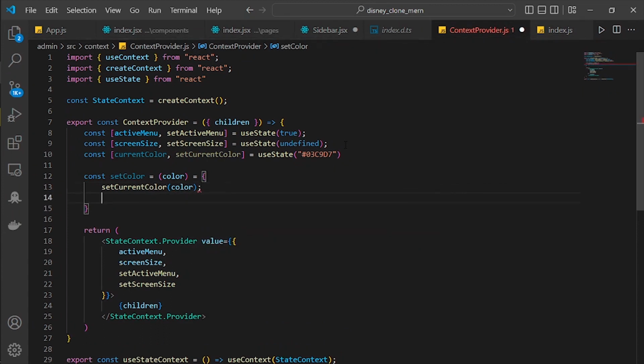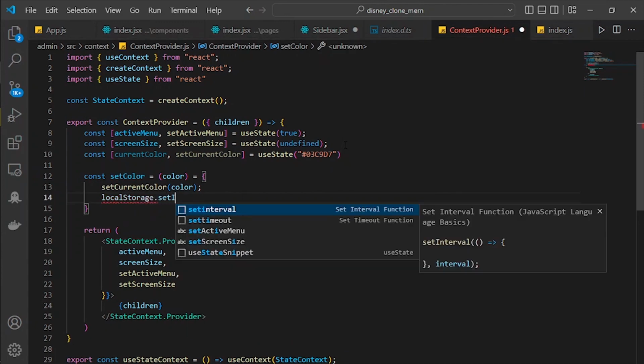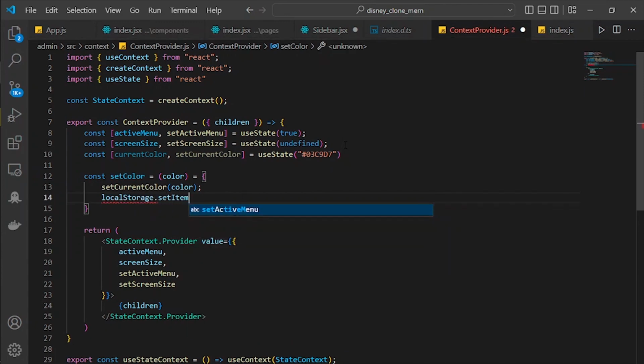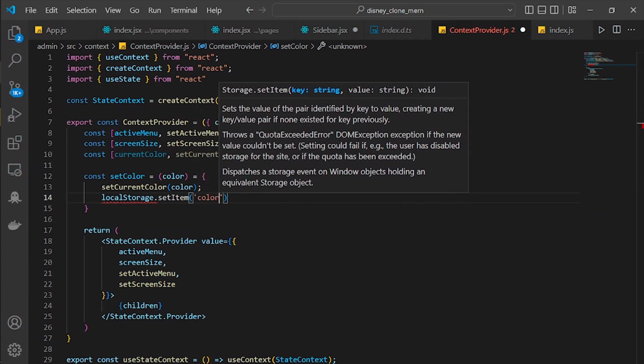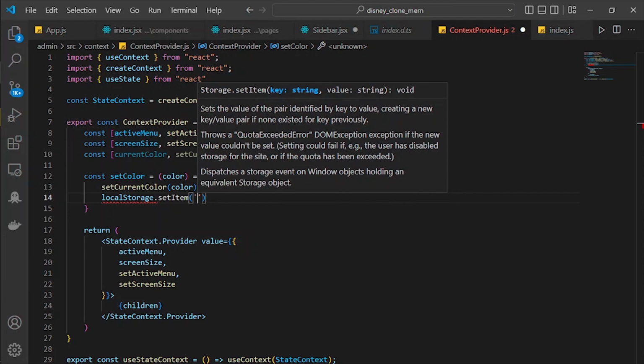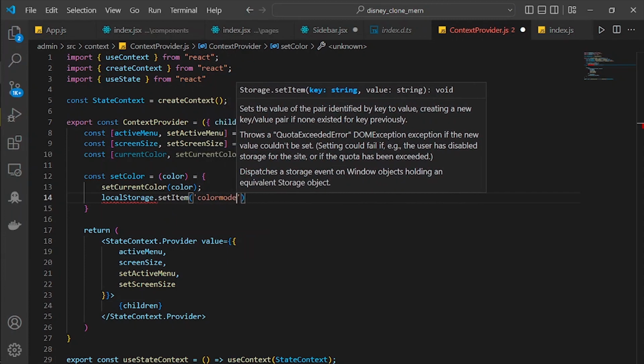So it will set the current color with the color, and then localStorage.setItem, and here we get the colorMode,